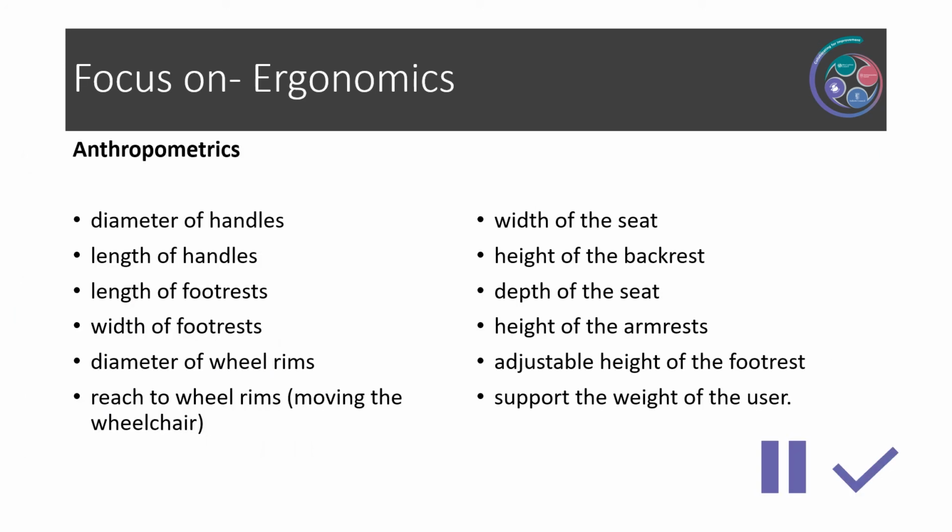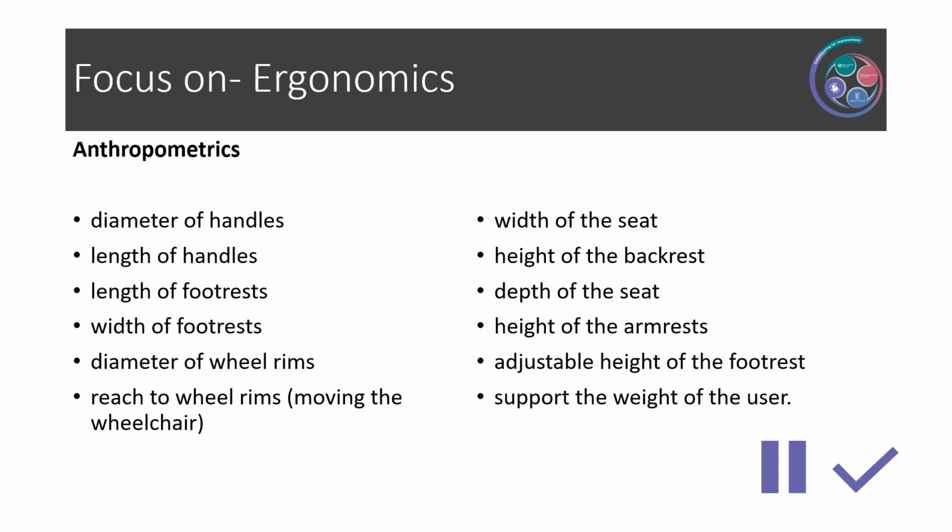Time to mark our answers. Starting by looking at anthropometrics and reminding ourselves you need to have made reference to a part of the product and a part of the human body: the diameter of the handles and the diameter of grip for a person, the length of the handles and the width of a person's hand, the length of the footrests and the length of a person's foot, the width of the footrests and the width of a person's foot,